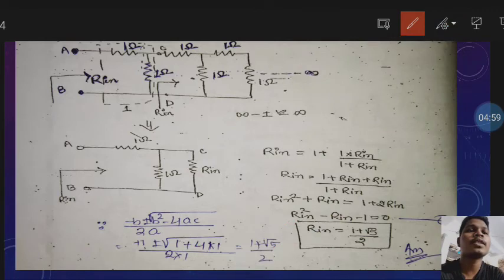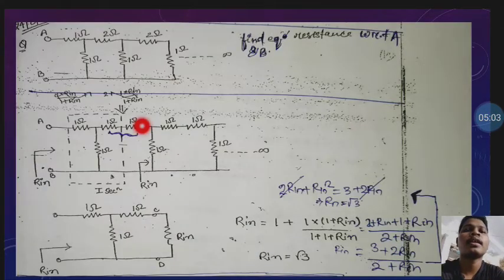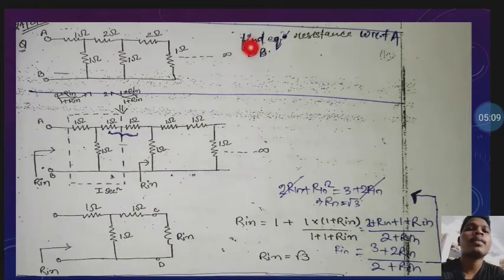Now comes to question number 2. See, this is another question like your previous question. It is asking to find the equivalent resistance between the point A and B. So this is the point A and this is the point B of the network, and this network will extend to infinity. Okay, so here 1 ohm and another 1 ohm are in series and parallel manner in the input,